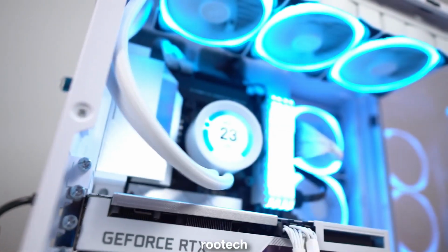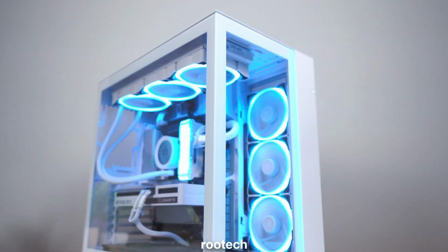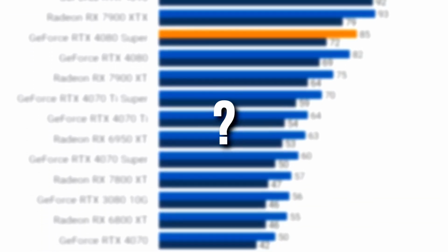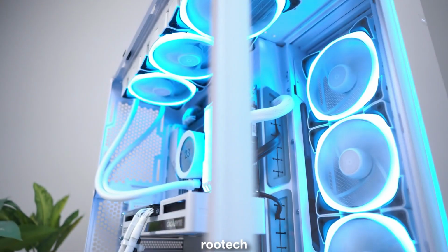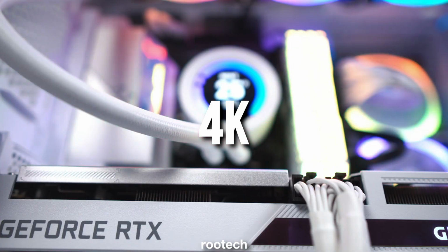If you are looking to buy a pre-built PC, you've probably seen that there are so many options in the market and some of them are not even reliable. So if you want to buy a pre-built PC that fits your budget and will achieve excellent gaming performance in your favorite games, you came to the right place. I'll go over specific pre-built PC recommendations for 1080p, 1440p and 4K resolution at different budgets,